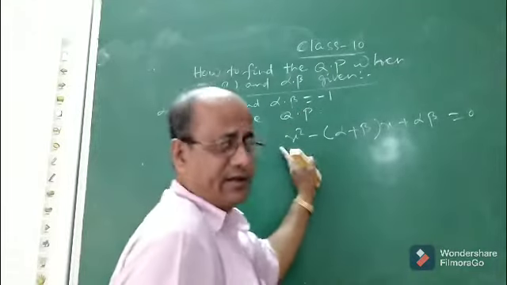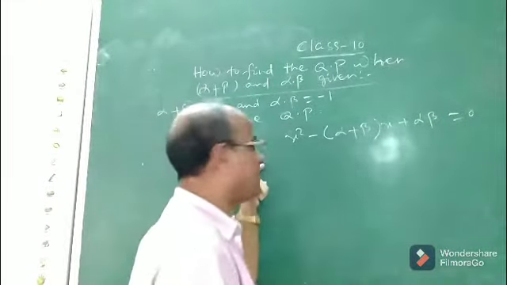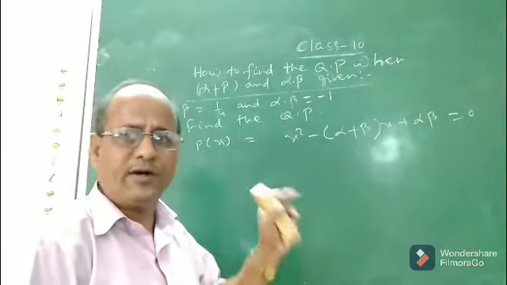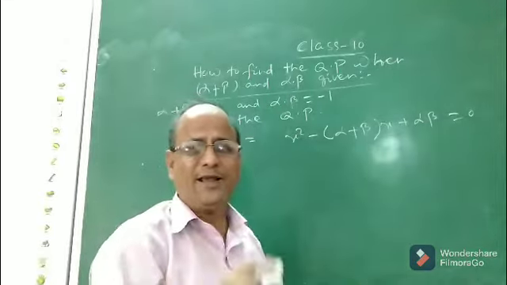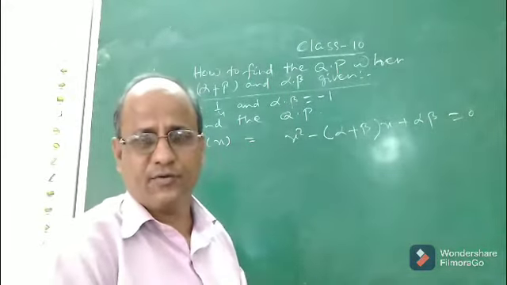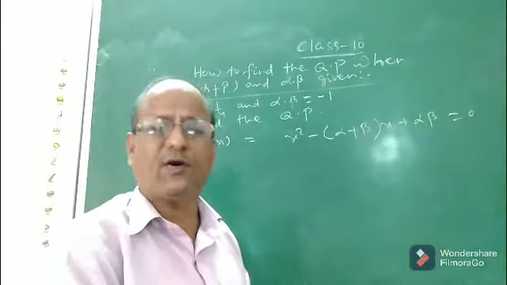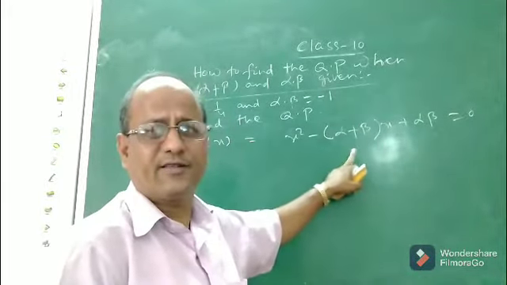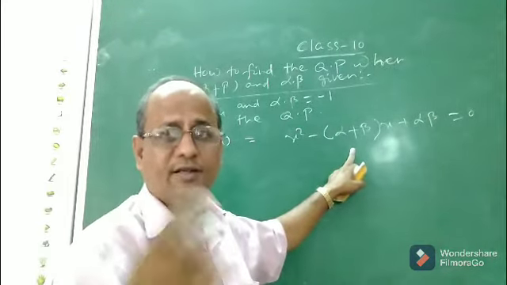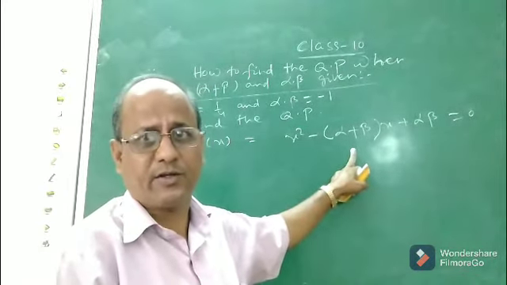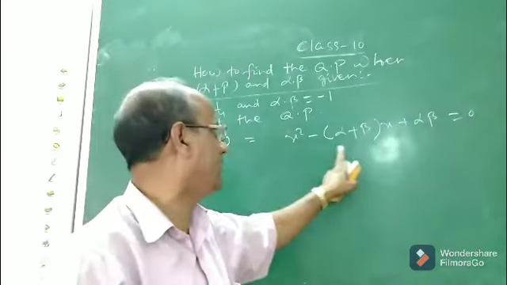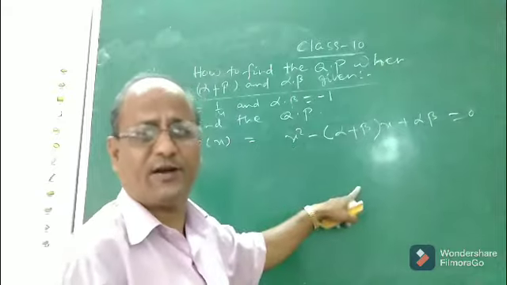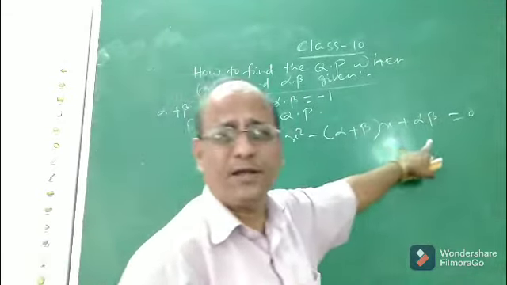See, in the second method, what will you do? To find the quadratic polynomial, you form the polynomial equation. Already I have told you what is polynomial and polynomial equation while explaining the concept of zeros and roots. Zero of the polynomial is otherwise known as roots of the polynomial equation. We will also discuss roots again in another chapter known as quadratic equations, which will be discussed very shortly. So now, to find the quadratic polynomial in the second method, you form the polynomial equation with this formula.